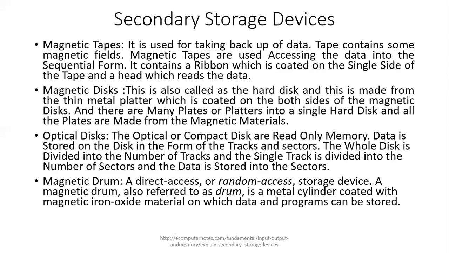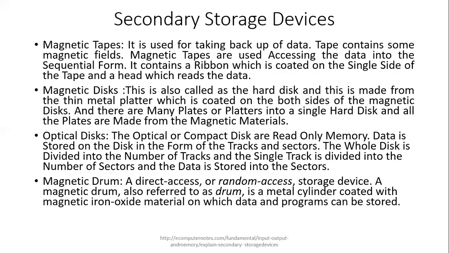You must have seen the audio tapes that were available in the past. If you are playing song number one, there is no way that you can directly jump from song number one to song number three. You have to move in a sequential order. You can just speed it up by pressing the forward button, but there is no way that you can randomly access the data in the magnetic tapes.